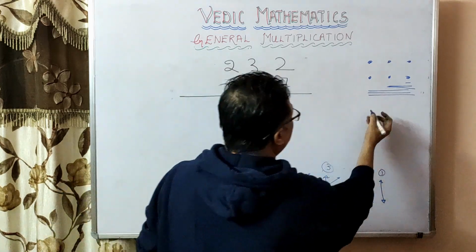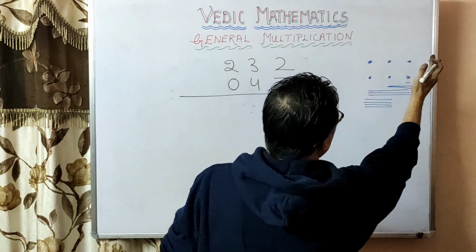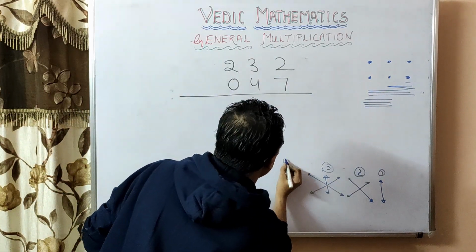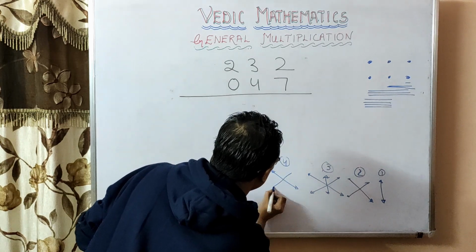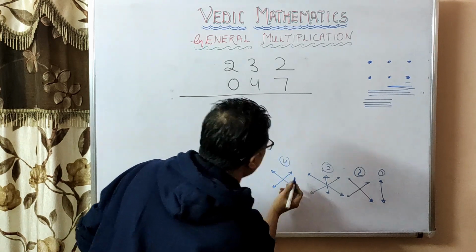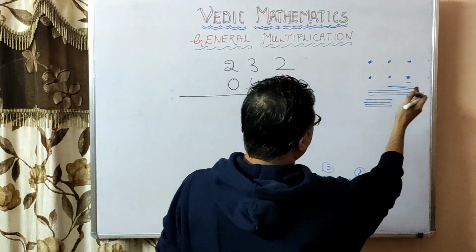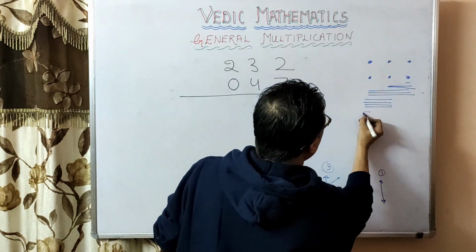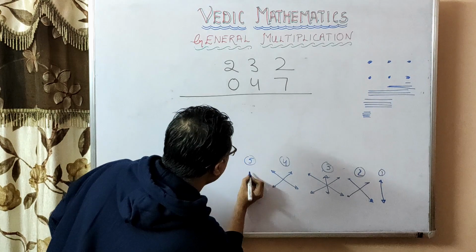Okay, so now I will consider only these two. I will not consider that. I will leave that. So in the fourth step, because I have covered everything, after we have covered everything, we start leaving one by one. So in the fifth step, I'll leave this also. I'll consider only this. So this will be my fifth step.